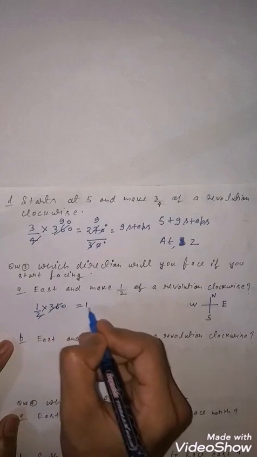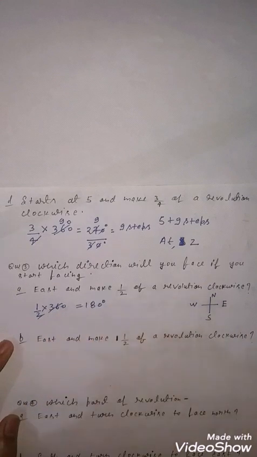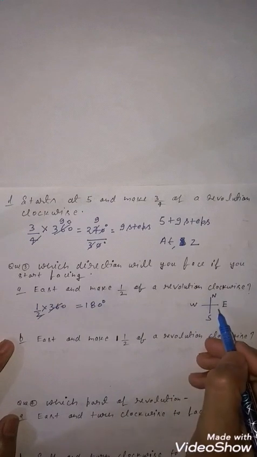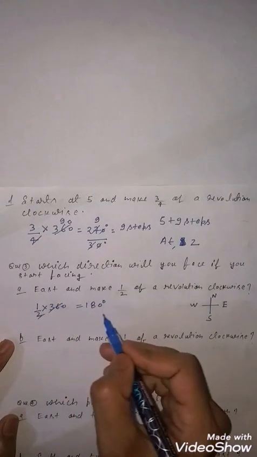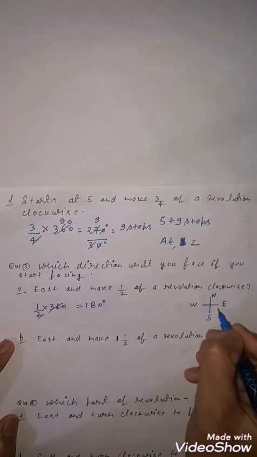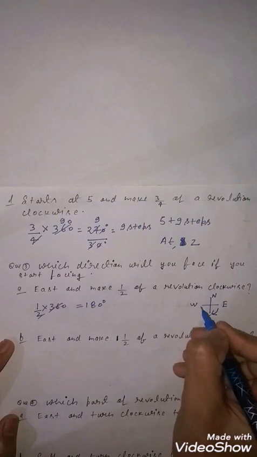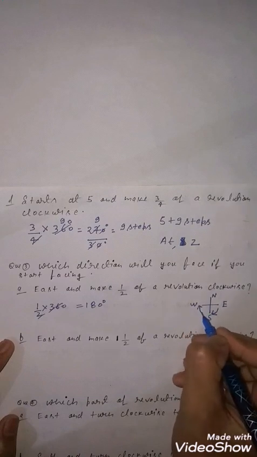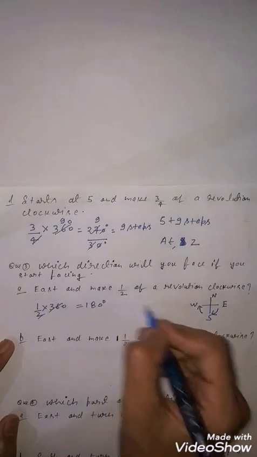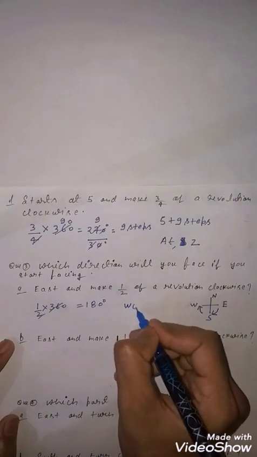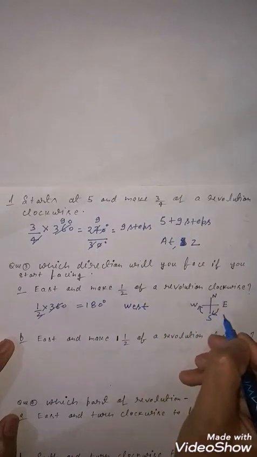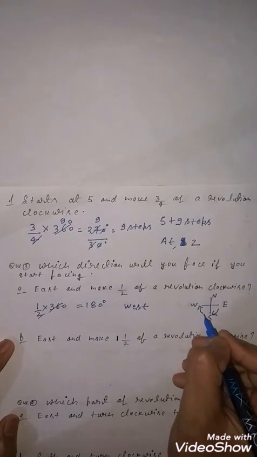Everyone knows 180 degree. Clear students? So here it is very easy to find out. You can see here east is given. So from east you have to go 180 degree. East to south if you go, this is 90 degree. Then south to west you will go, this will again be 90 degree. So 90 plus 90 what? 180. So you can say the answer is west. Clear to everyone? Because 90 east to south and south to west also 90.